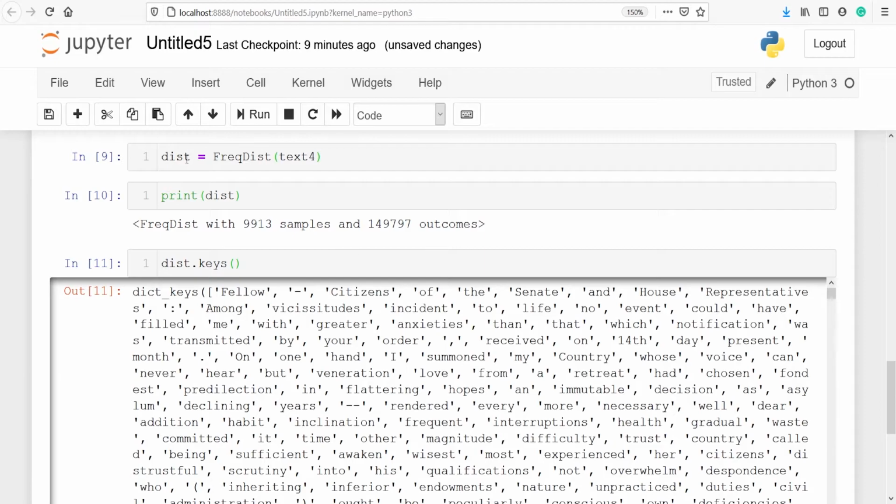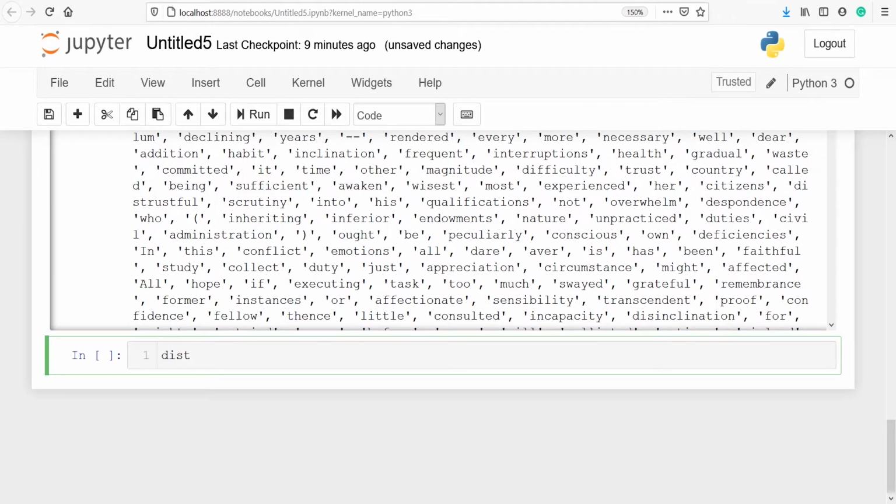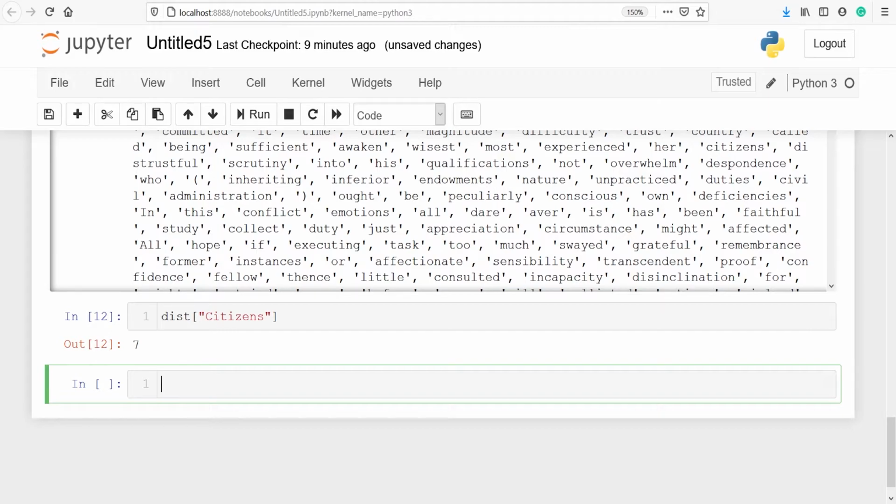I'll call this variable, and then I will pass citizens, and in the output you can see that we got 7. That means this word citizens is repeated 7 times.